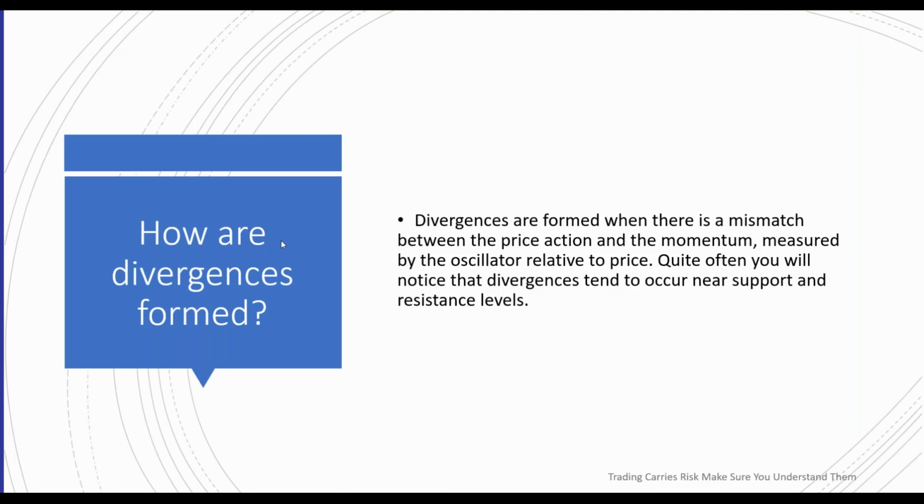Now, divergences are formed when there is a mismatch between the price action and the momentum, measured by the oscillator relative to price. Quite often, you will notice that divergence tends to occur near support or resistance levels. Now, we're talking about oscillators in general because there are literally hundreds of them. And divergence is a state of action that doesn't matter which oscillator you're using,